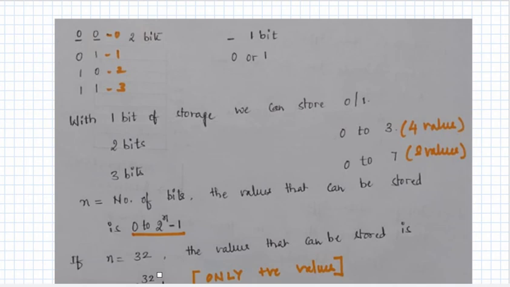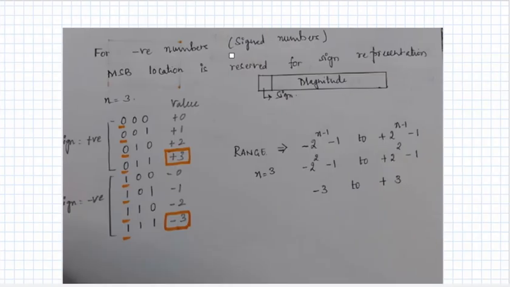Okay, however, the integer data type supports storing both positive numbers and negative numbers. Now we have to understand how the positive numbers and how the negative numbers will be stored in the memory. We'll just have a look at it. So for negative numbers, when a data type supports storing positive numbers as well as negative numbers, we call it a signed number. Now obviously I need some space to mention this sign, whether it is a positive number or a negative number.